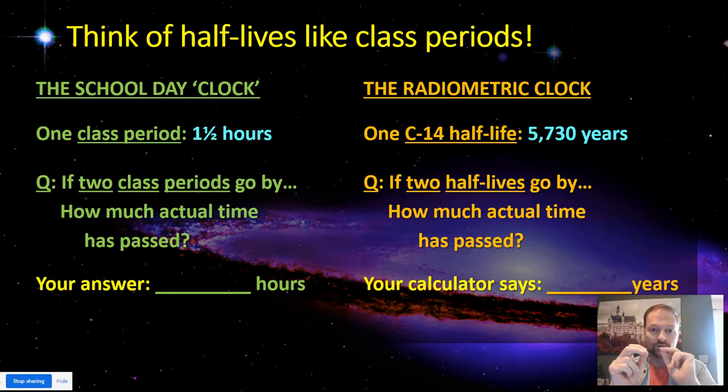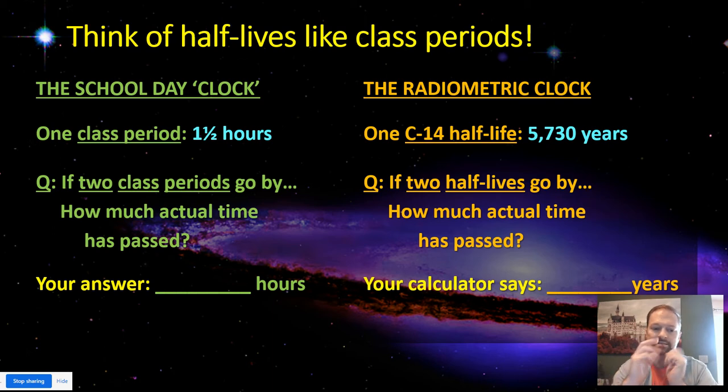Now, how many hours does that mean for 2 class periods? You can do this. How many hours? If it's 1.5 for first period, 1.5 for second period, together sounds like 3 hours. Okay? So 3 hours go by, that's 2 class periods. Now, hold that idea in your mind. The radiometric clock, carbon-14 has a time period, we call it a half-life, a time period of this many number of years, 5,730 years. So I ask you this, if 2 of those periods go by,